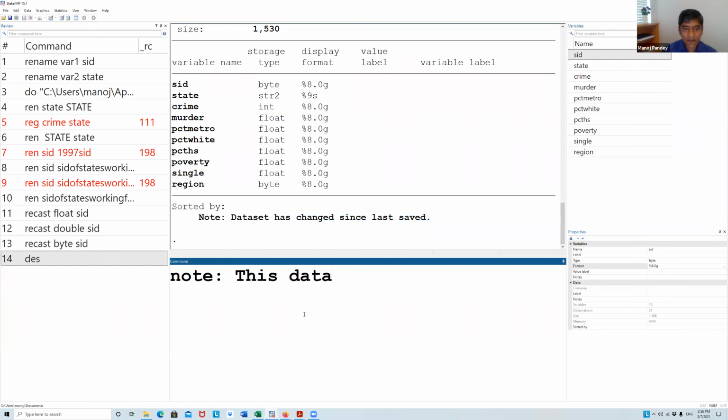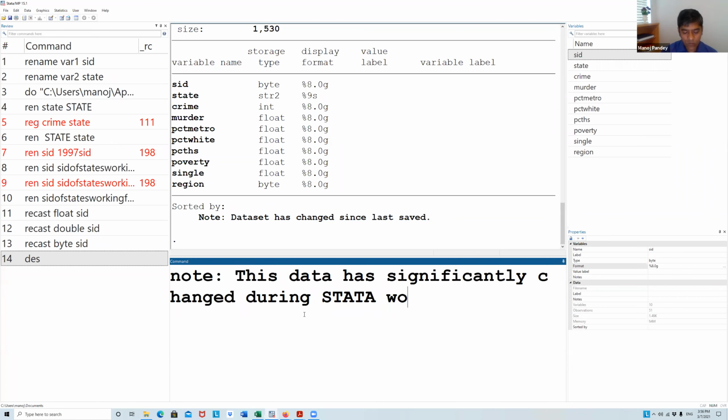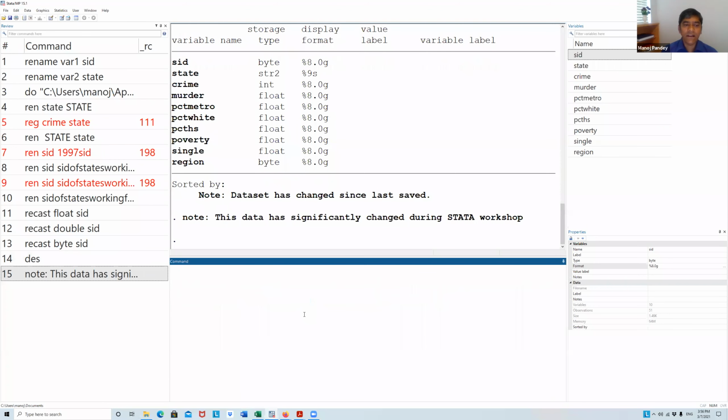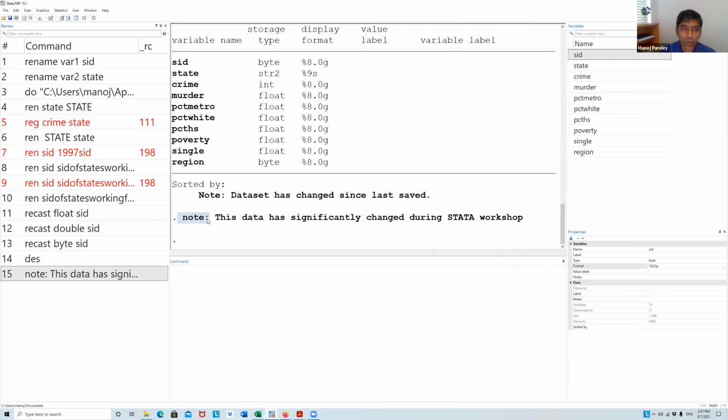This data has significantly changed during Stata workshop. Okay, and then I entered it. So what is happening here? I wrote a note about this data in this data set. Which command did I use? The note command.